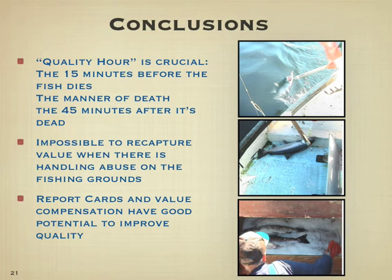And then whenever the company is going to issue its retroactive bonus or postseason adjustment or profit sharing, call it what you will, that's when the quality report card comes into play, and the fisherman's postseason adjustment is dependent not only on how many pounds he sold to the company, but also on the quality mix of the pounds he sold to the company. And I think that if that's the case, the fisherman sees that postseason adjustment and he sees that he's being penalized for delivering poorer quality fish. I believe that many fishermen will look at that very seriously, and they will start making the changes necessary to